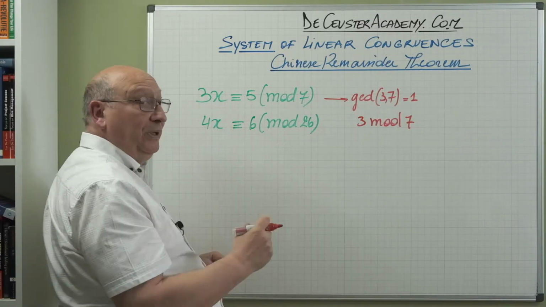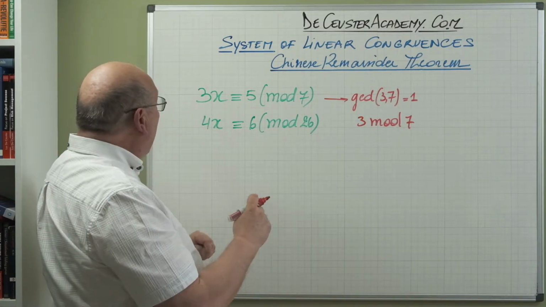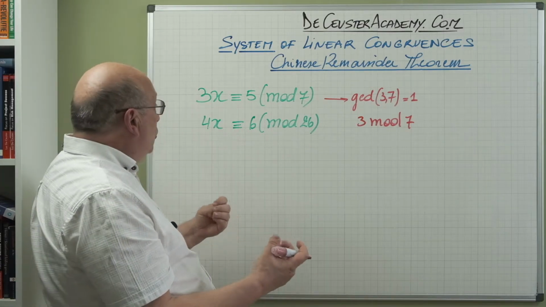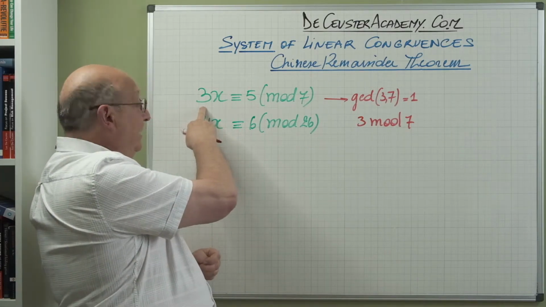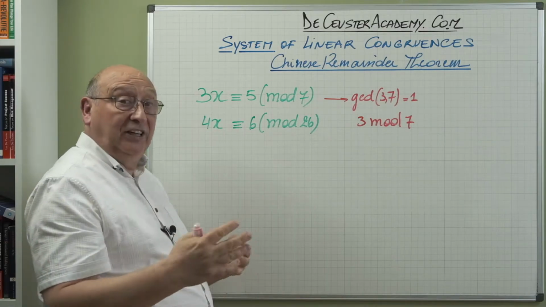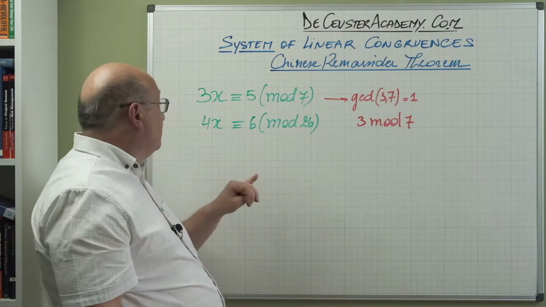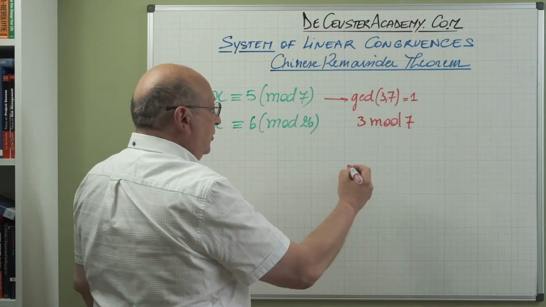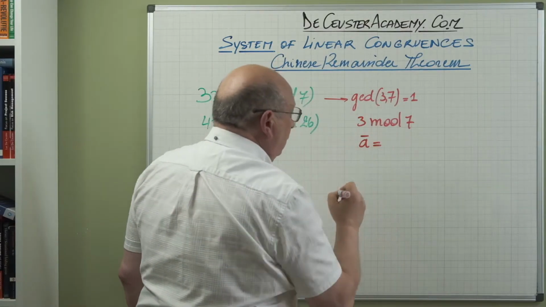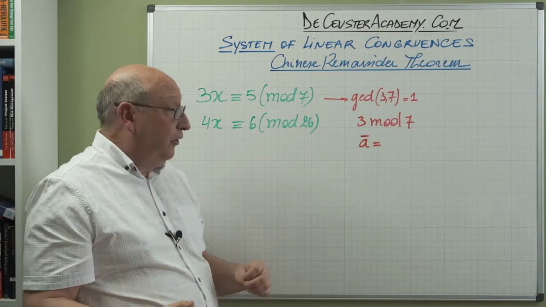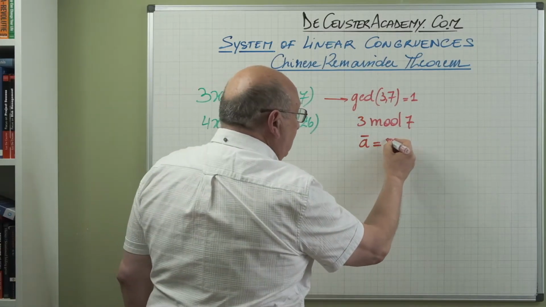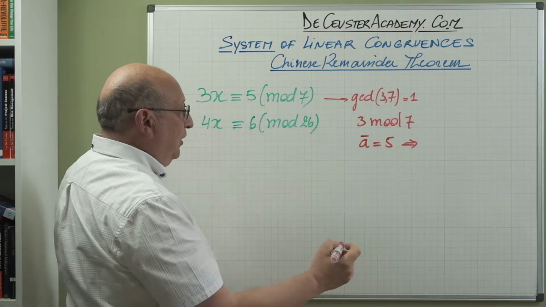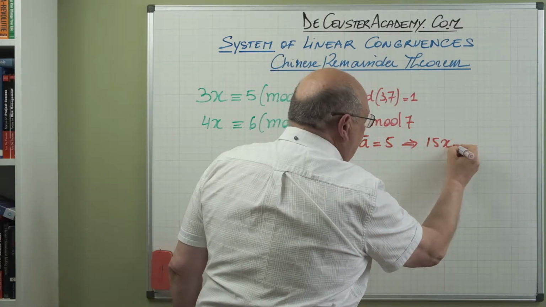When you get a little bit more experience in these calculations, you can immediately see that when I multiply 3 with 5, 3 times 5 is 15, and 15 modulus 7 is equal to 1. So the modular inverse of 3 modulus 7 is equal to 5, so we multiply both sides with 5, we find 15x is congruent with